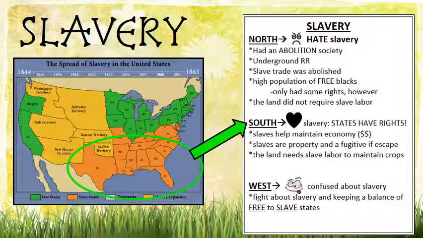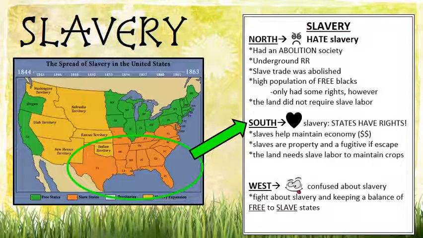Think all the way back to the Andrew Jackson bundle, when we had the nullification crisis. John C. Calhoun goes down to South Carolina and kind of whispers in their ear and says, "Look, you got rights. If the tariff of abomination goes against your state rights, then just nullify it and move on and do what you got to do." So that's what South Carolina was going to do. Their whole idea is that states have the right to choose for themselves whether slaves should be legal or illegal.